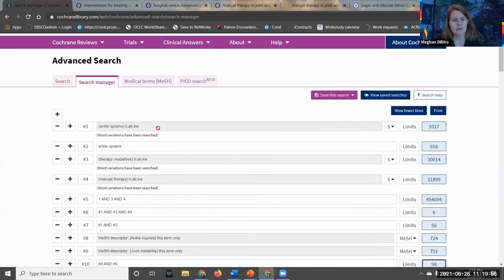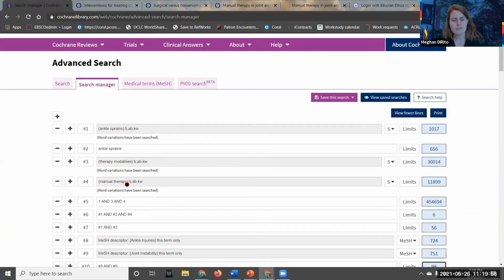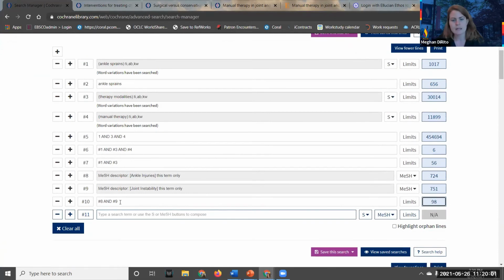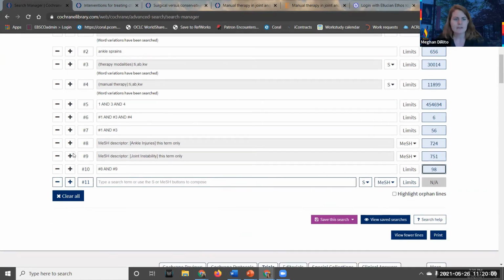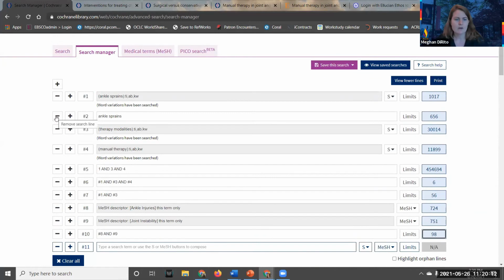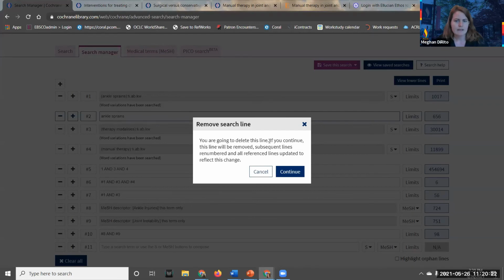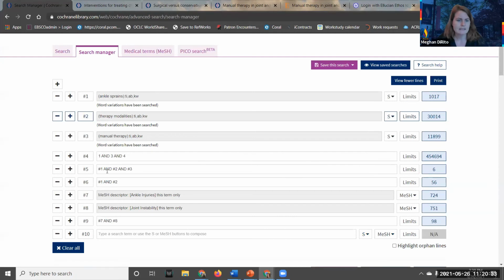One other thing to note is, as you can see, I have all of my search terms and they just keep on multiplying. In one session, Cochrane does not delete anything, it saves everything. You can either delete things by clicking on the minus sign to remove a search line, or you can clear everything. Keep in mind that if you do that, subsequent lines are renumbered and all reference lines are updated to reflect this change, which is a good thing,